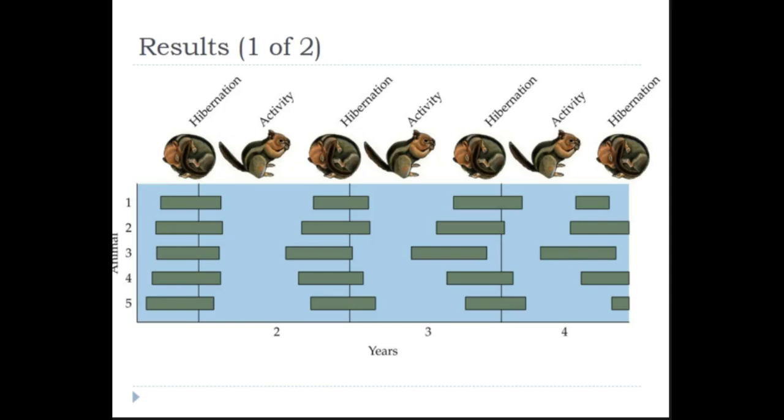You can see that initially, this first year, when all the animals had been on sort of normal environmental cues, they were all cycling at basically the same time. As the years go on, they start to kind of all get out of phase with each other. So there's this one guy, 3, that keeps hibernating a little bit earlier each year. Some of these guys have maybe shifted a little bit further back, or I don't know, maybe they're just more on rhythm. But they're all continuing to cycle. So there's got to be some manner of an internal biological clock that determines circannual rhythms in addition to circadian rhythms.